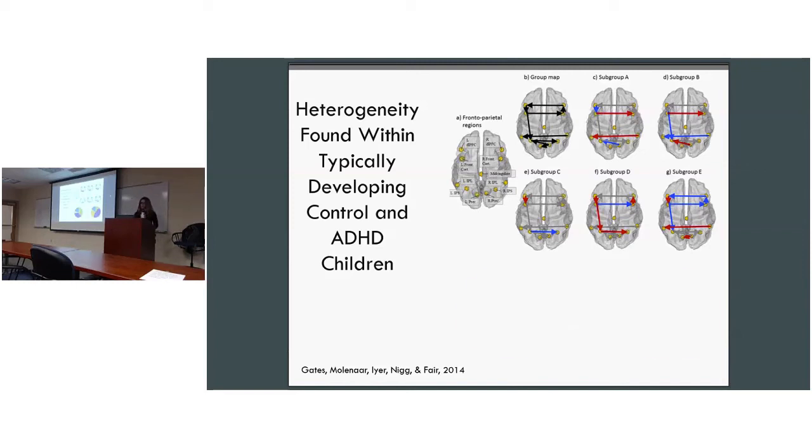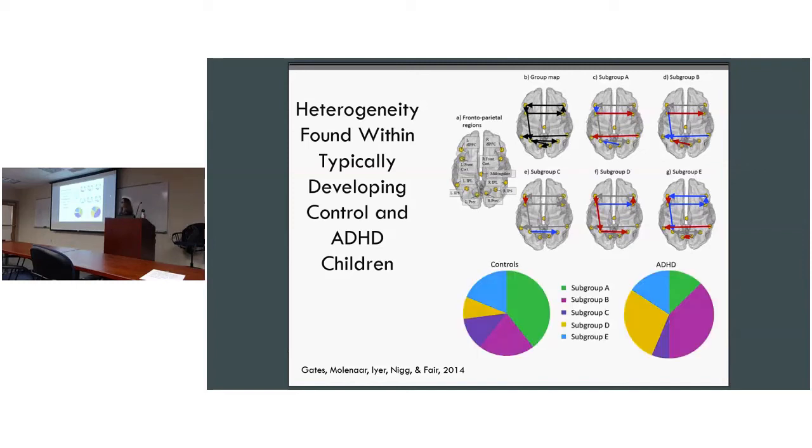And this is to me the most interesting part, because I'm not a neuroscientist and don't really know how to interpret brains. But what I found most interesting is that controls were statistically more likely, I missed the chi-square on here, but it's statistically significant, controls were most likely to comprise subgroup A and subgroup B and ADHD individuals. And then you have subgroup E, for instance, which is kind of odd because they're split in between.